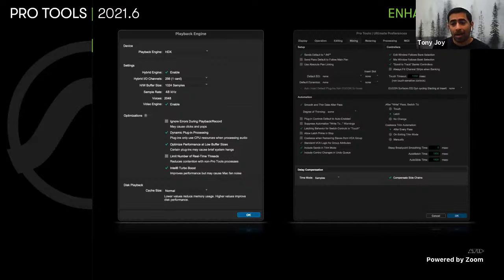Now, under the Optimizations tab, we have a couple of new things. One is the limit number of real-time threads, which I have deselected in this screenshot. In a normal workflow scenario, you don't need to enable this. If you're running just Pro Tools on your machine, it is advised that you don't toggle this option. However, there are many cases where you might have